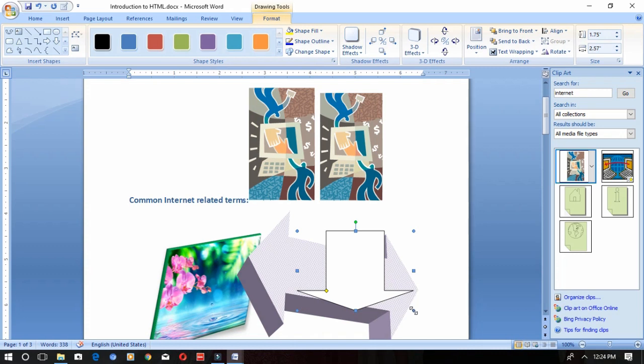Okay, it is on top of each other. Which one you want in front and which one you want to send back, you have to decide. If I select this and say bring to front, it is already in front. So send to back, it goes back. If you say bring to front, it comes in front. So that is the use of the bring to front and send to back options. Next, the size can be changed using this size group. Okay, now you're clear with the shapes option.